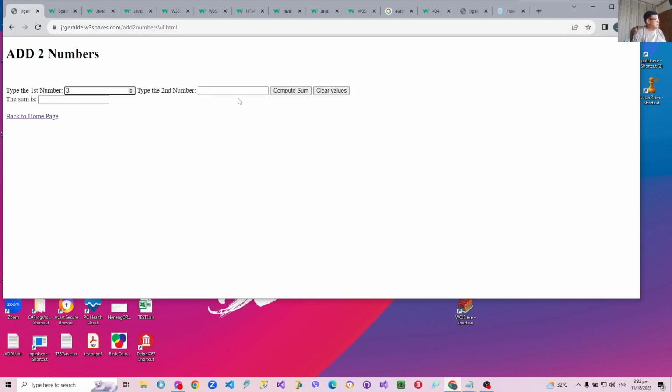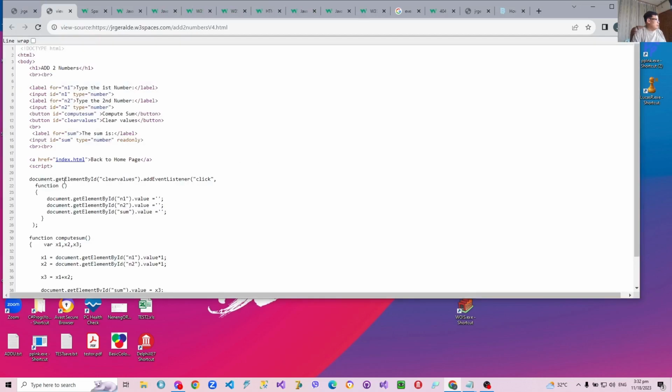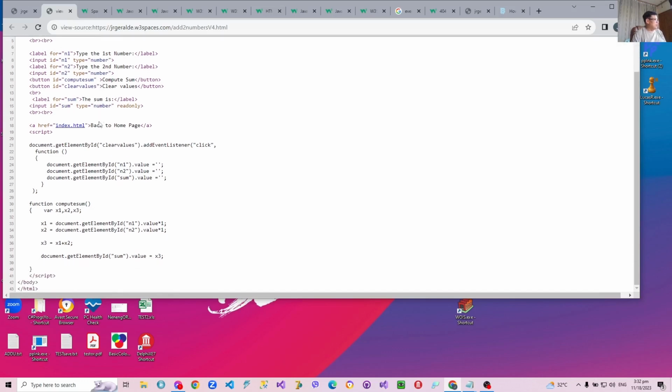So we have tested the clear values. Let's clear the values. Yes. And if you look at the page source, there is no more link between the clear values button and the clear values event, because we have added an event listener in the JavaScript. Usually the JavaScript is also saved to a different file, so that the web developer may not have to